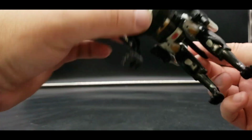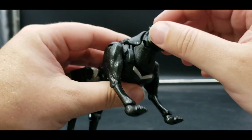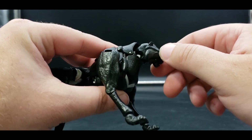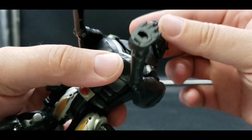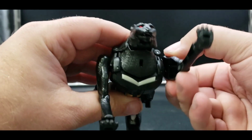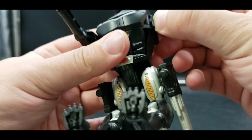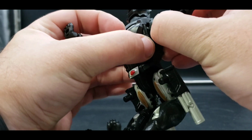Now, for articulation on this guy, in this mode, the head is on a ball joint, so it moves. You get all different kinds of movement here. Front legs, just like with Cheetor, just comes out. And of course it's supposed to be plugged in